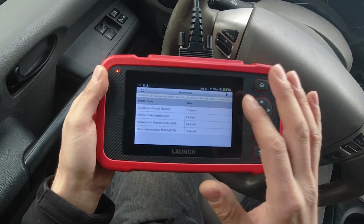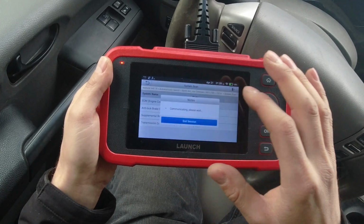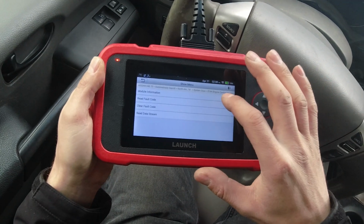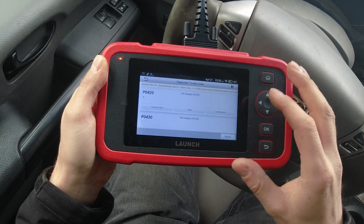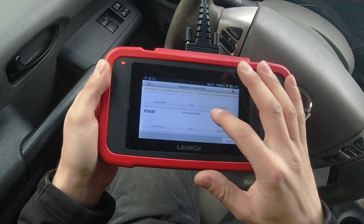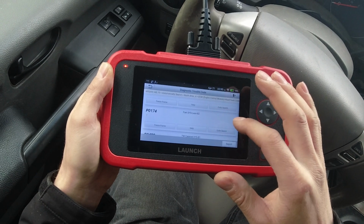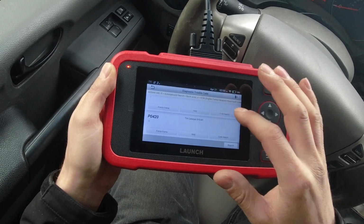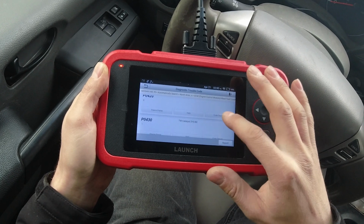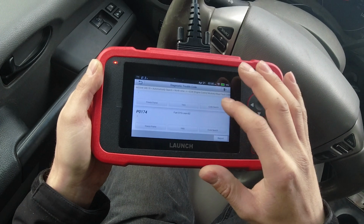Once we're inside and we run the system scan, we can go to engine control module, and we can see what kind of codes we have on the system. So let's go read codes, and as you can see, it tells you we have P0420, P0430, and P0174, and P0420 again. So we have a lot of stuff that has to do with the catalyst converters and fuel